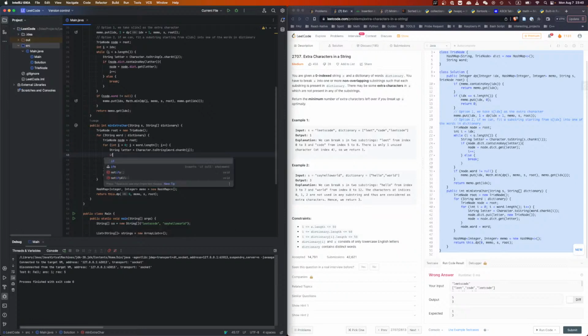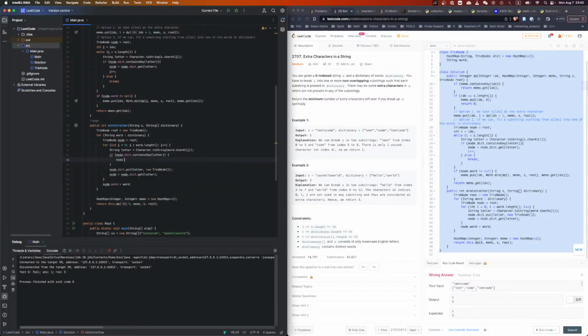If, oh crap, if node.dict contains key, letter, then node equal, if not contains, there we go, that's the key. Oh yeah, I did this one wrong, right? If it doesn't contain the key, we put it, otherwise we just go to this. If we do this